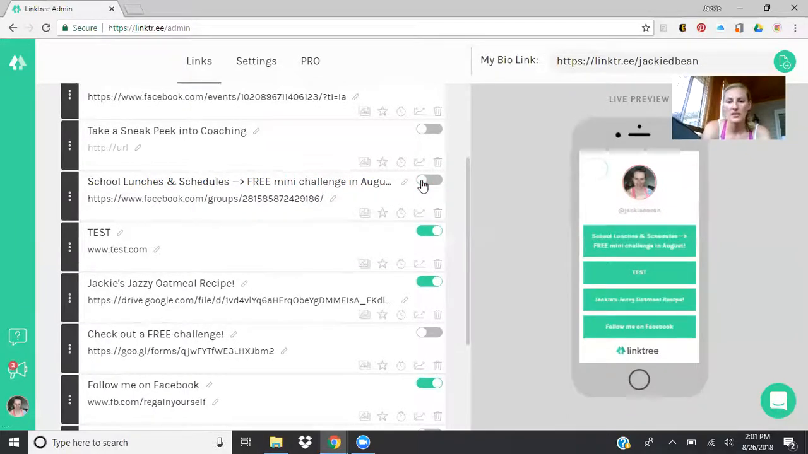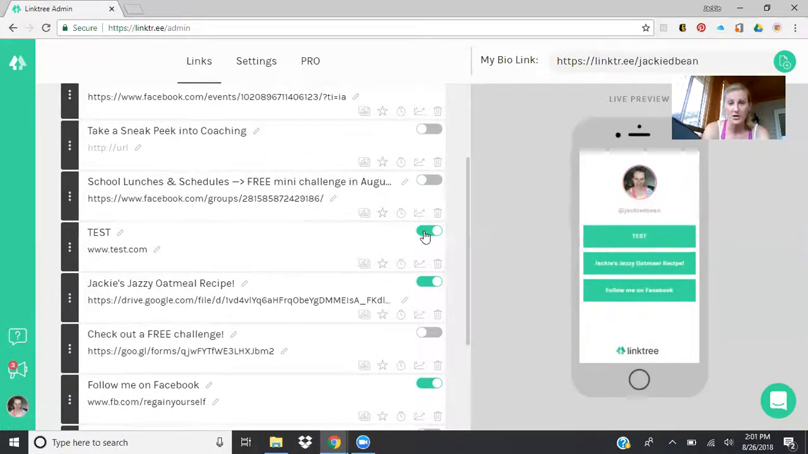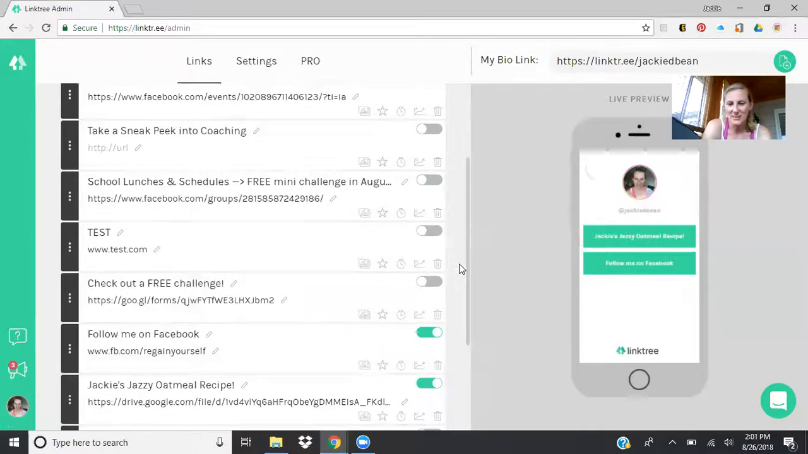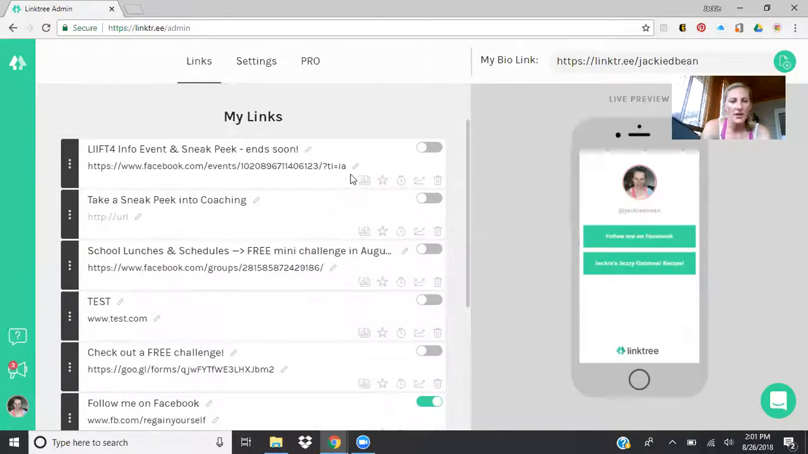I'm going to turn that one off because it is done now. And I'm going to turn test off because that's not real. So right now I just have those two things. So I'm going to move my fancy oatmeal to the bottom. So underneath